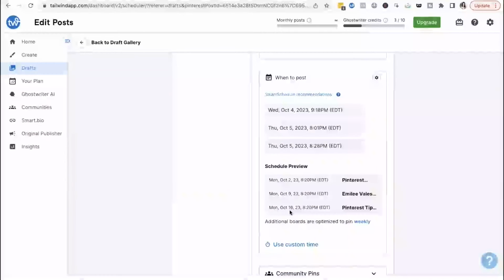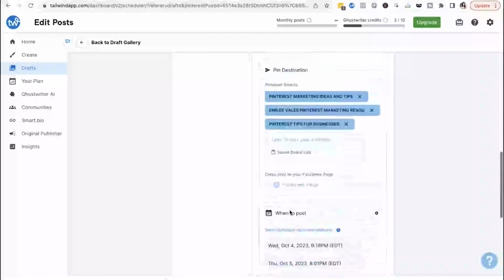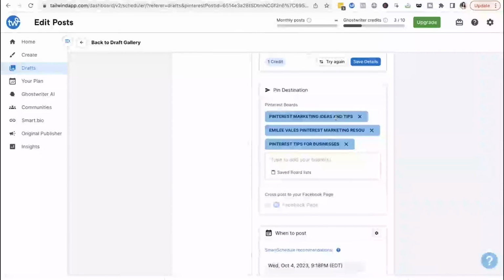It is okay to repin a pin you've already pinned on Pinterest again, especially if it performed extremely well. But you might only want to do that maybe like once a year. It's not really a great practice to repin the same content over and over again. And what I mean by repin is, if you saved it to, let's say I saved this pin to Pinterest marketing ideas and tips,